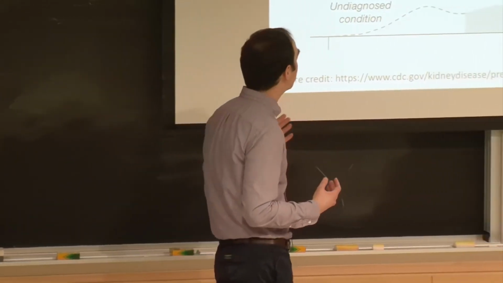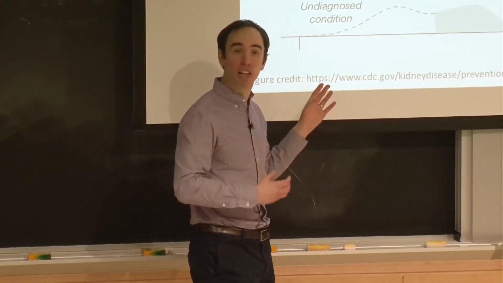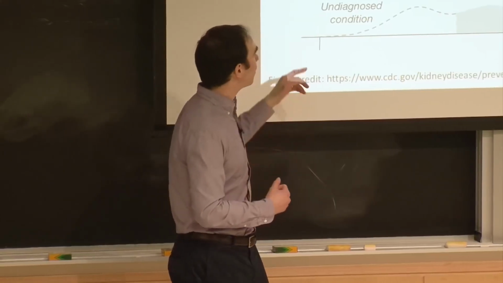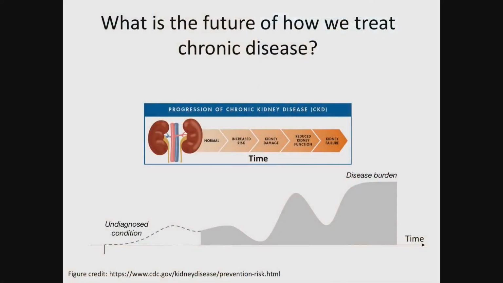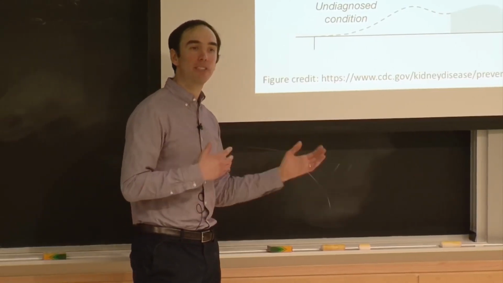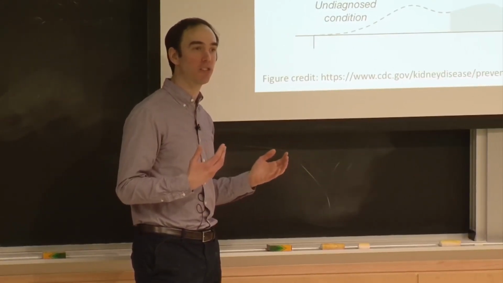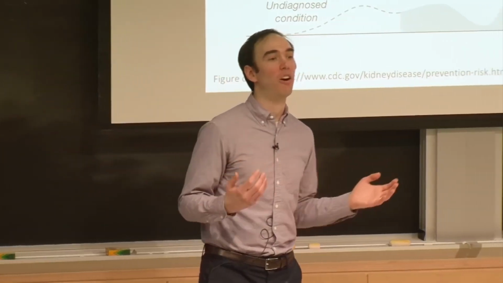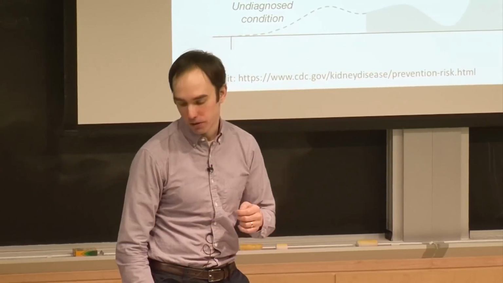Now, other conditions, for example, some cancers, like I'll tell you about next, don't follow that linear trajectory. Rather, patients' conditions and the disease burden, which is what I'm showing on the y-axis here, might get worse, better, worse again, better again, worse again, and so on. And of course, it's a function of the treatment for the patient and other things that are going on with them. And understanding what influences how a patient's disease is going to progress and when that progression is going to happen could be enormously valuable for many of those different parts of the healthcare ecosystem.